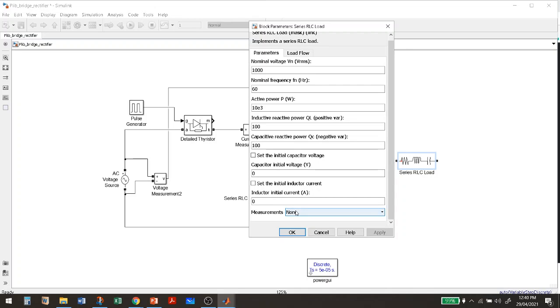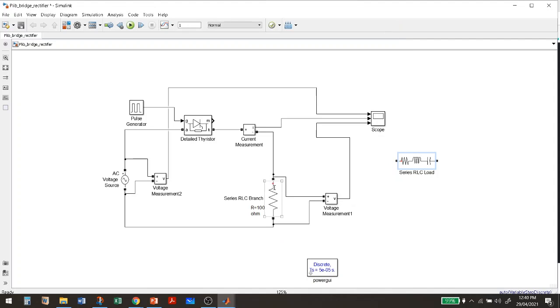So if you want to change these values, then you can use the RLC branch. Otherwise you cannot, as you cannot perform this with the help of the series RLC load.